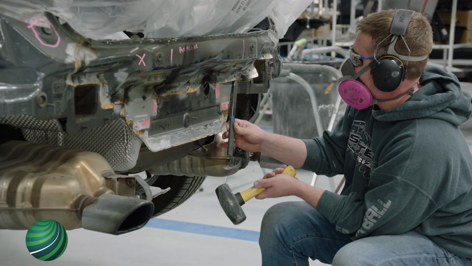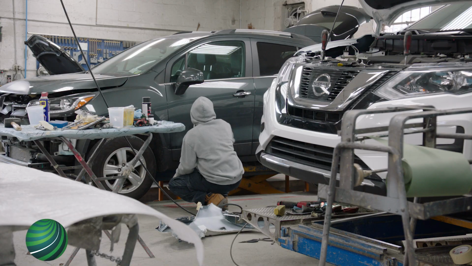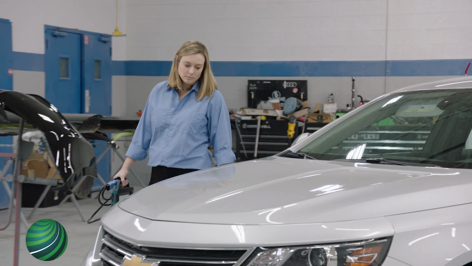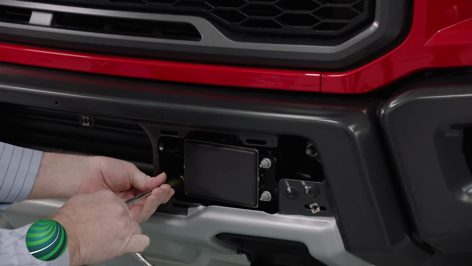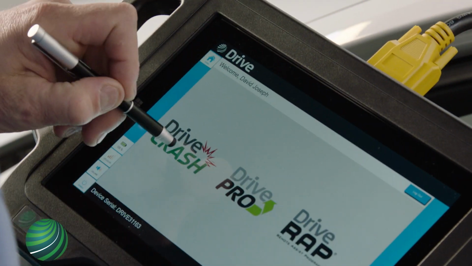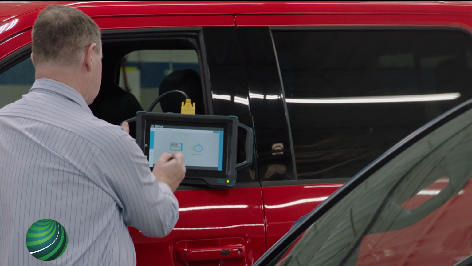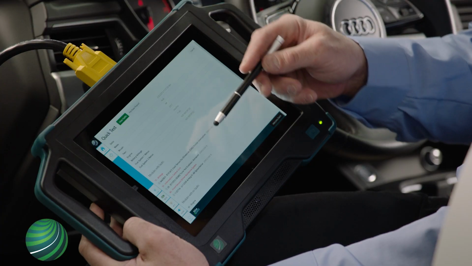Today's collision repair shops need to be prepared with pre- and post-scan equipment to evaluate and repair collision damage, seen and unseen. Even when there's no obvious visual damage, electronics and system operation can still be impacted. DriveCrash is designed to deliver complete scans and comprehensive remote services to support collision shops, with a focus on repairing